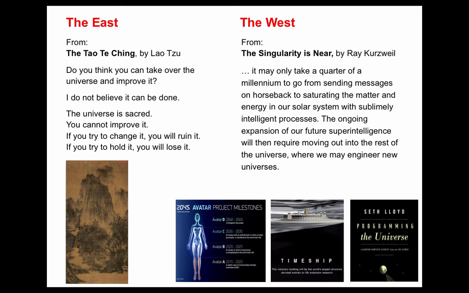So, yeah, they're out there building artificial intelligence. What's that stupid cylinder you talk to? What's it called? Yeah, it sits on your table and you say, turn on the TV, or whatever. So Google's doing that stuff. Oh, that's Amazon, but Google's doing it too. And Apple has Siri. So, Ray Kurzweil writes, it may only take a quarter of a millennium, it's 250 years,